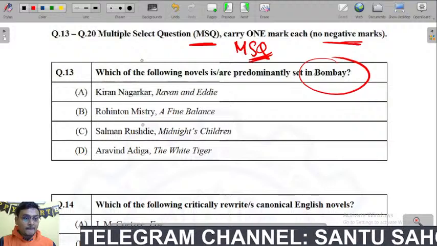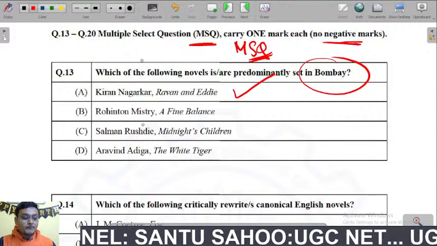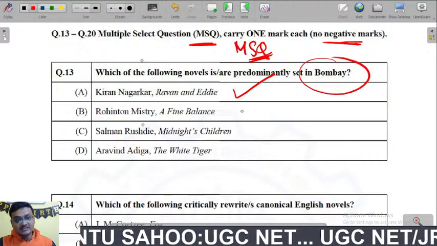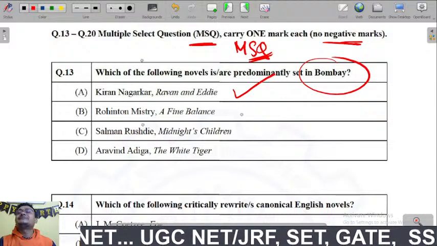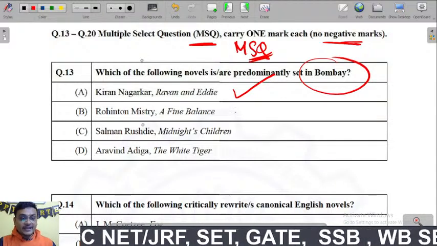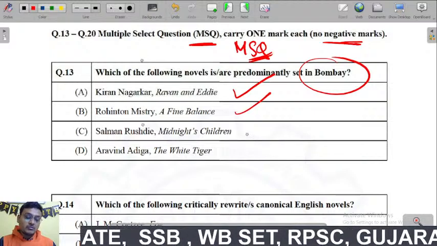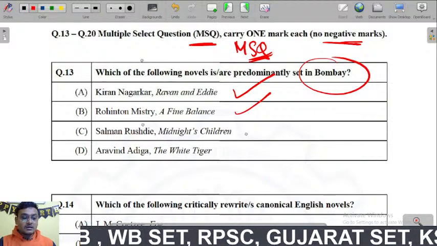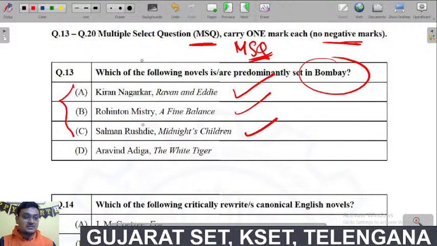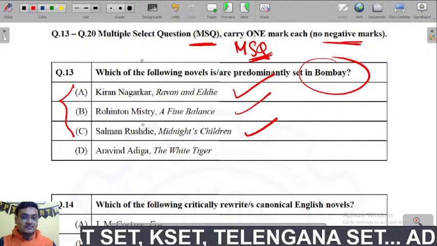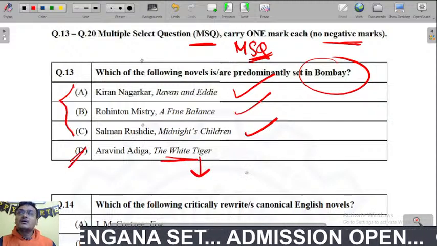Here, Kiran Nagarkar's Ravan and Eddie set in Bombay. Then you have Rohinton Mistry's A Fine Balance, also a work published in 1995, I think. Salman Rushdie's Midnight's Children is also a work that is set in Bombay. Exactly. So A, B, C are set in Bombay, whereas Arvind Adiga's The White Tiger is set in